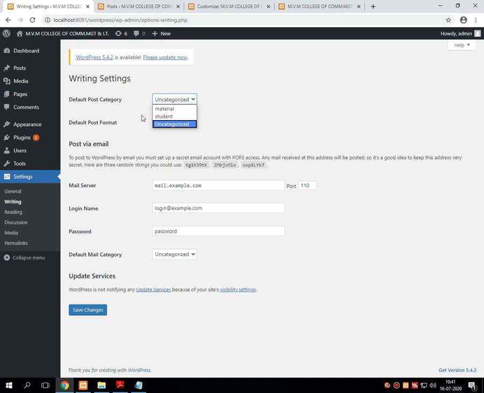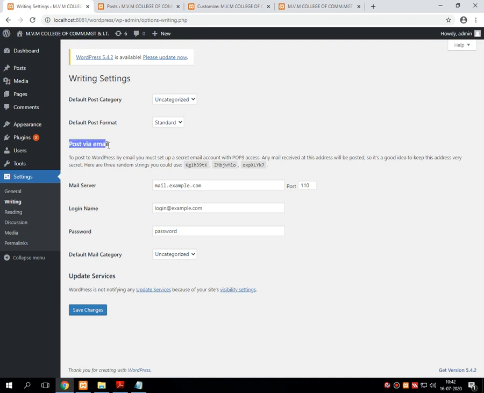If you remember, at the time of creating posts, we created two different types of post, that is material and student. Then we decided the format of the post, which may be standard, or you can go for aside, chat, gallery, link, image, quote, status, video and audio. Anything you can change directly from here.